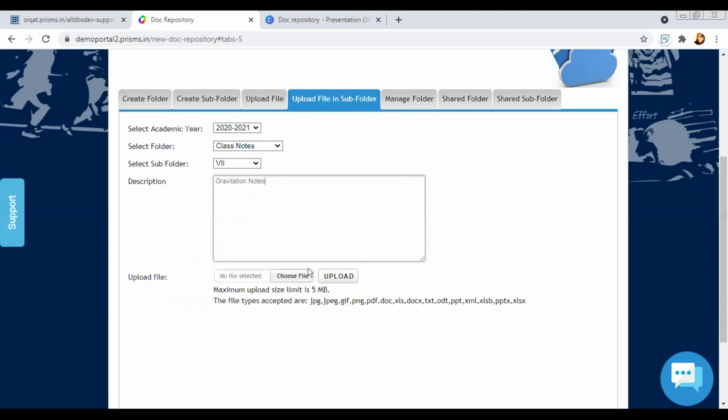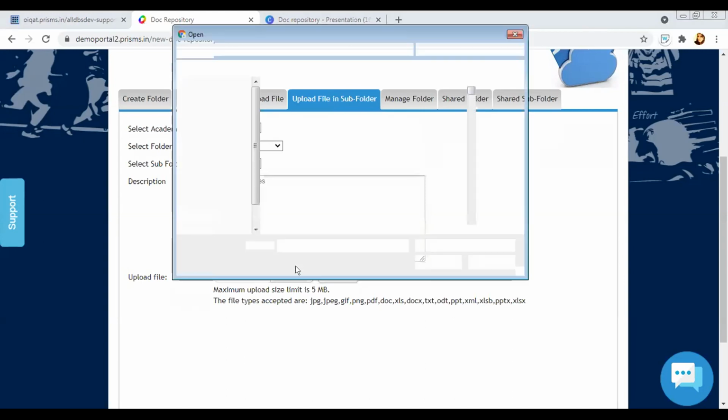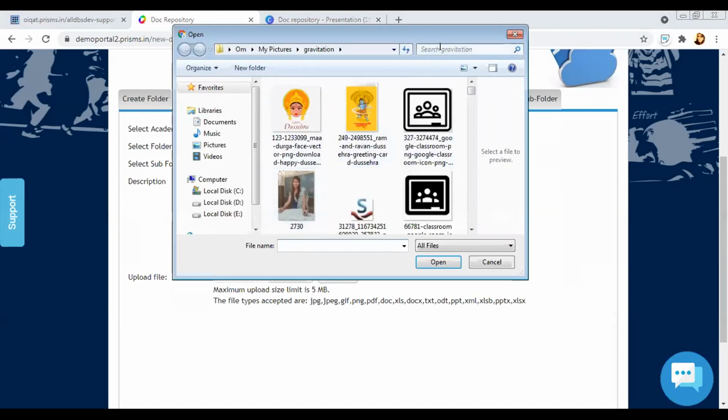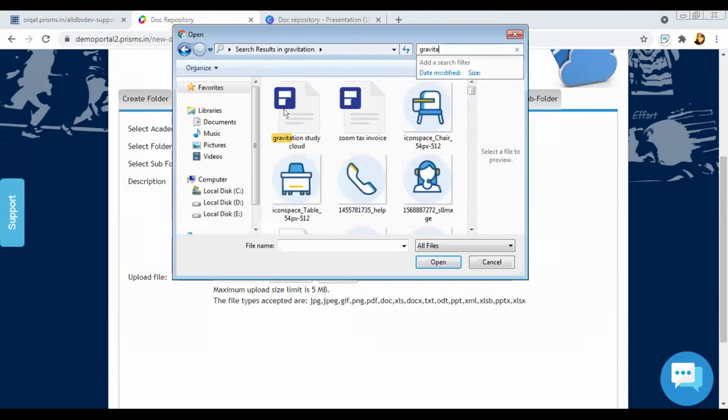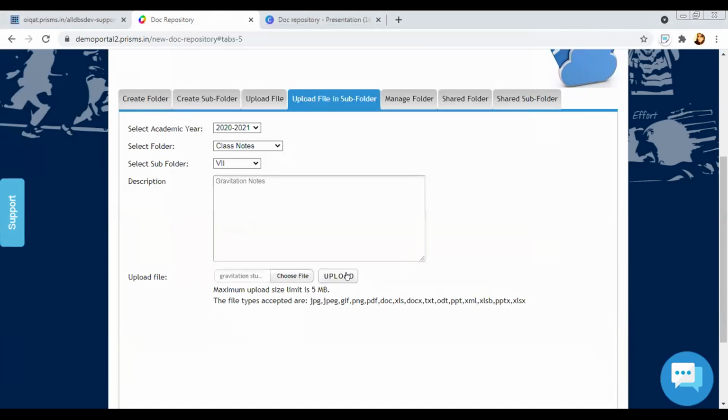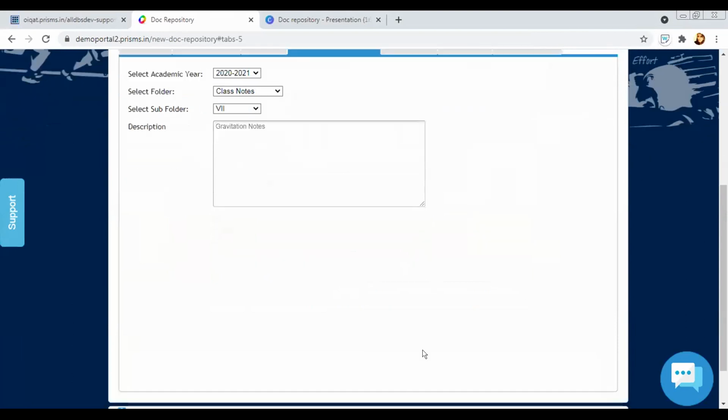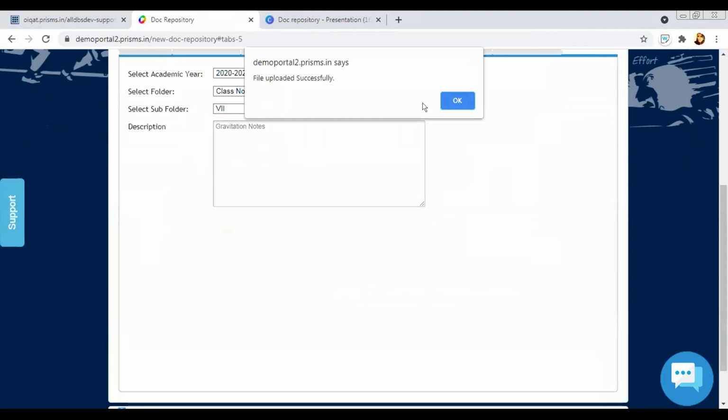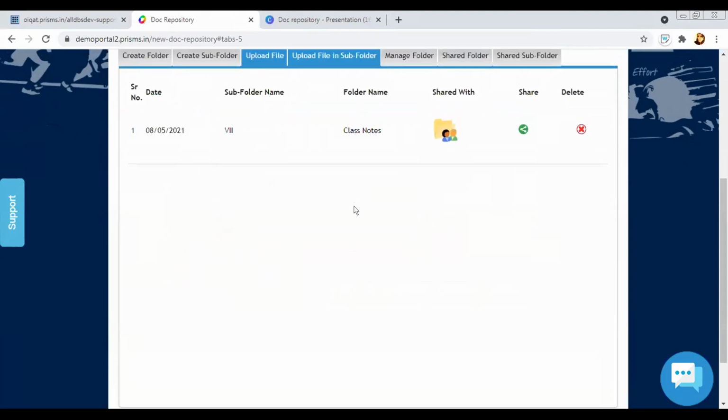Enter description and choose a file. Close it successfully.